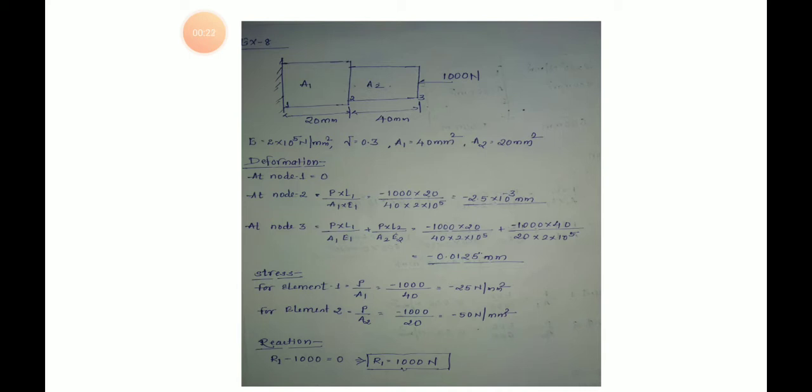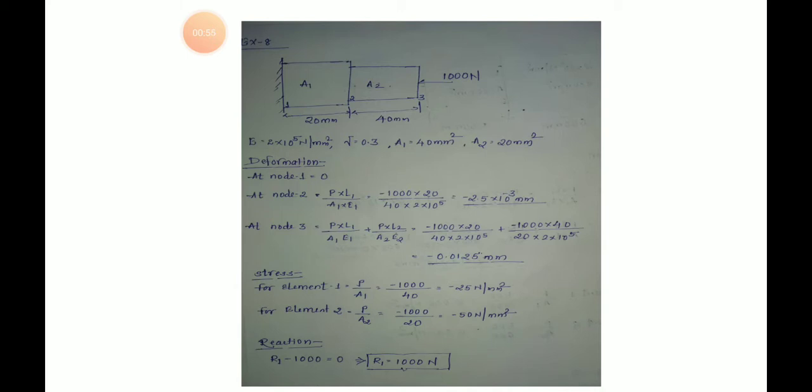In the problem they have given you a step bar. So what do you mean by a step bar? If the diameter of the given element is not constant, it is broken into two diameters, forming a step, that is what we call a step bar. The area of the first section is given as A1, the area of the second section is given as A2, and they have even mentioned the values of A1 and A2.